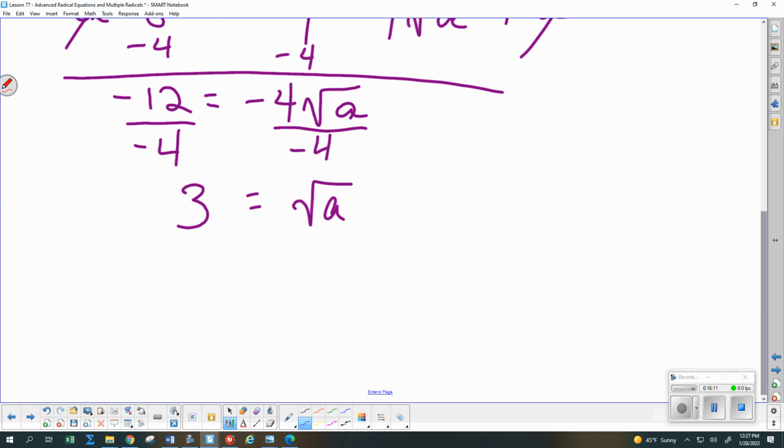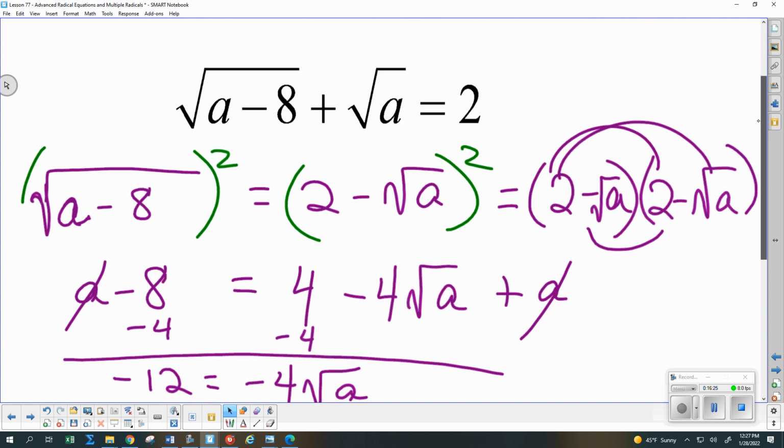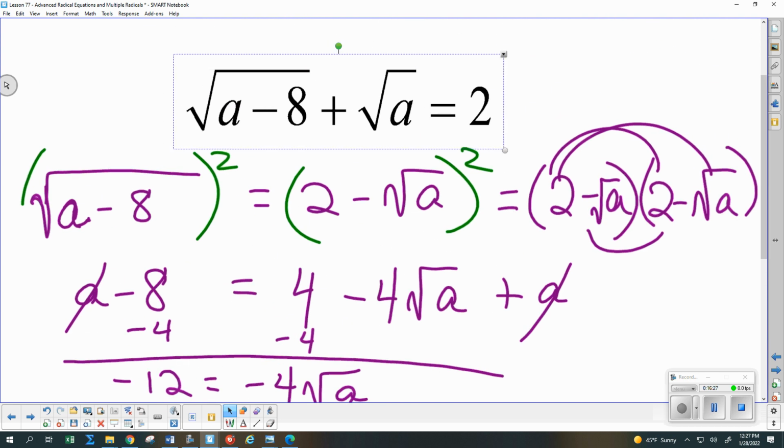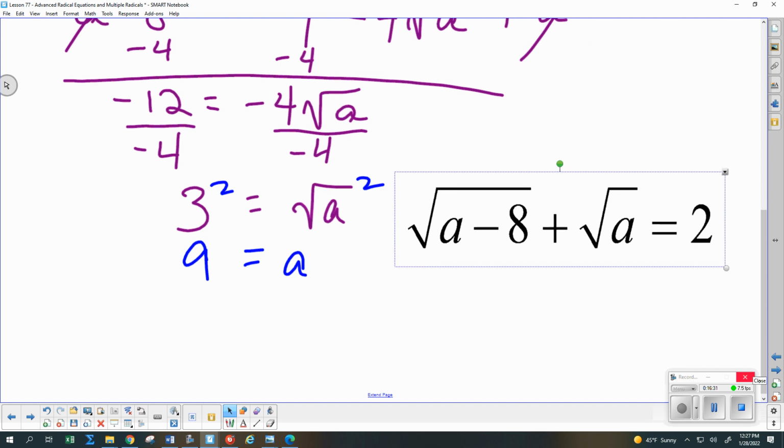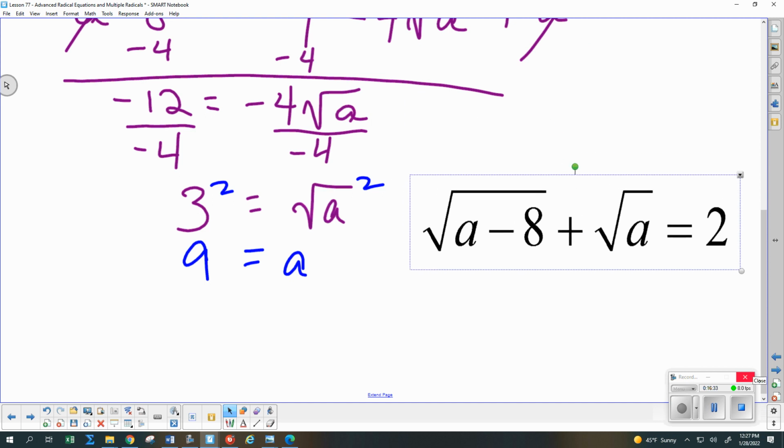Emily, now what do I do? And get, so maybe a is 9. What do we still have to do? Still had to check it. So let me grab the equation and get it where we can see that. And let's try to plug